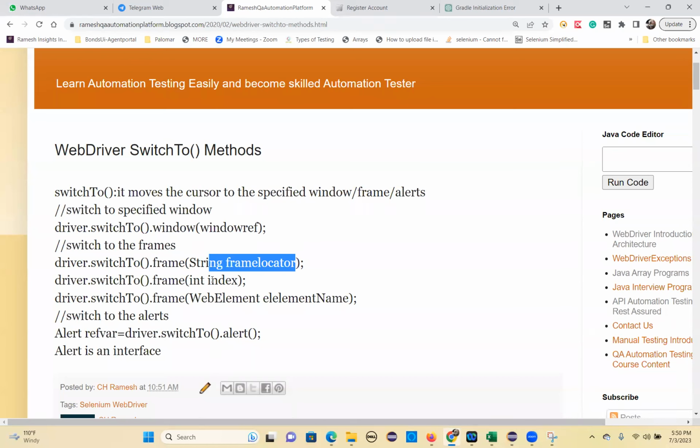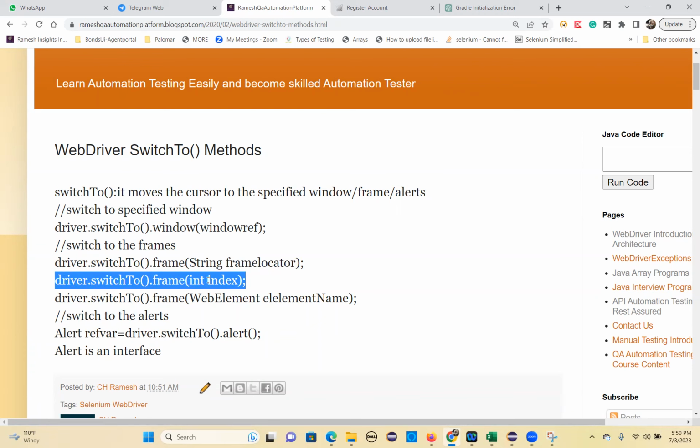Or you want to switch based on the index. Then this is the one: driver.switchTo().frame(int index). You can switch to that frame based on the index number also. For example, you have multiple frames. You can give the index number of that frame: 0, 1, 2, 3 like that. That's integer values, right? You can pass a string for the frame method,